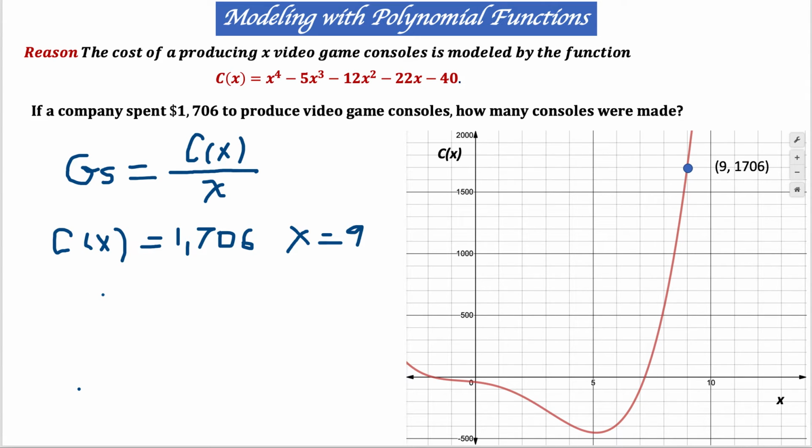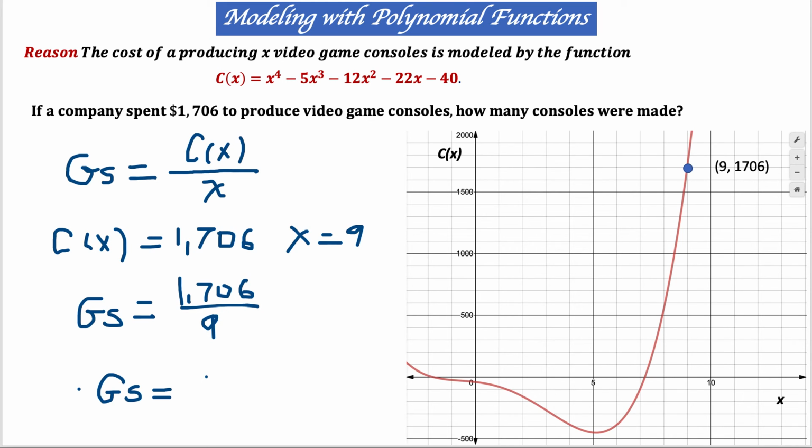Now we just divide everything, and we can find how many games were produced for $1,706. Dividing 1706 by 9 on the calculator,